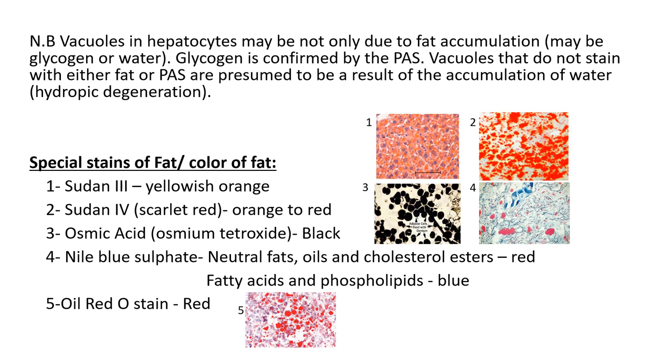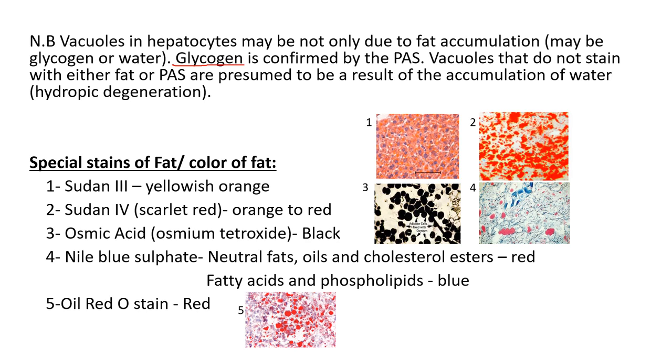So here we're going to say that not every single vacuole you see in the hepatocyte would be fatty change or fat deposition. As we mentioned before, there are two conditions where you can see some vacuoles in the hepatocytes, and those are glycogen infiltration and water deposition. In order to identify which vacuole you're seeing under the microscope, basically you have some special stains